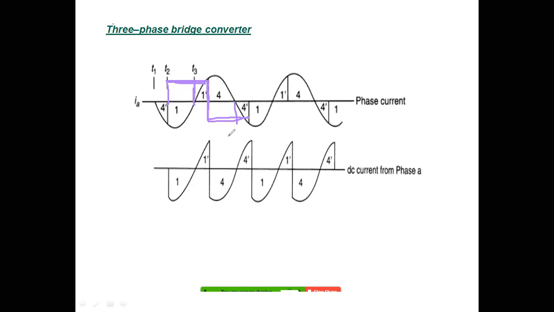Please remember, here I have shown only a single phase current, because for simplicity, while the textbook has given all the currents, IB, IC, and even the DC currents. DC for unity power factor, and all the others are given for complete inverter action. So please go through that waveform for further reading. In this DC current waveform, you can consider different power factors, and inverter action and rectifier action.